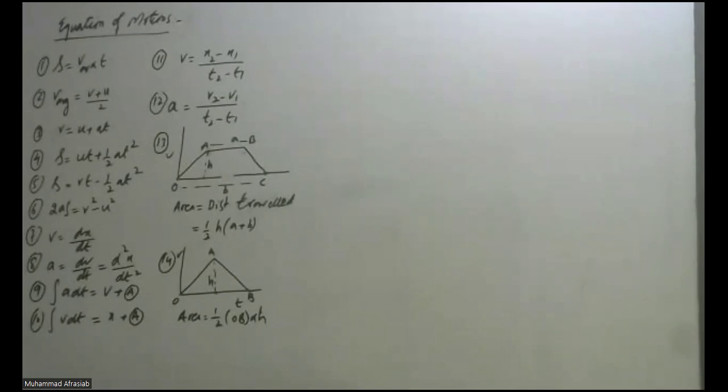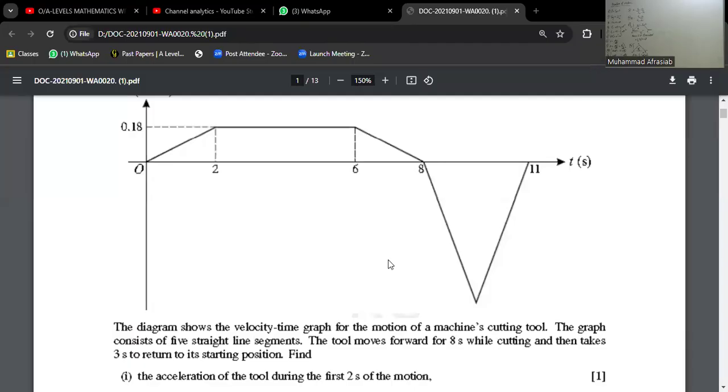Question number 1. The diagram shows the velocity-time graph for the motion of a machine's cutting tool. The graph consists of 5 straight line segments. The tool moves forward for 8 seconds while cutting, and then it takes 3 seconds to return to its starting position. Find